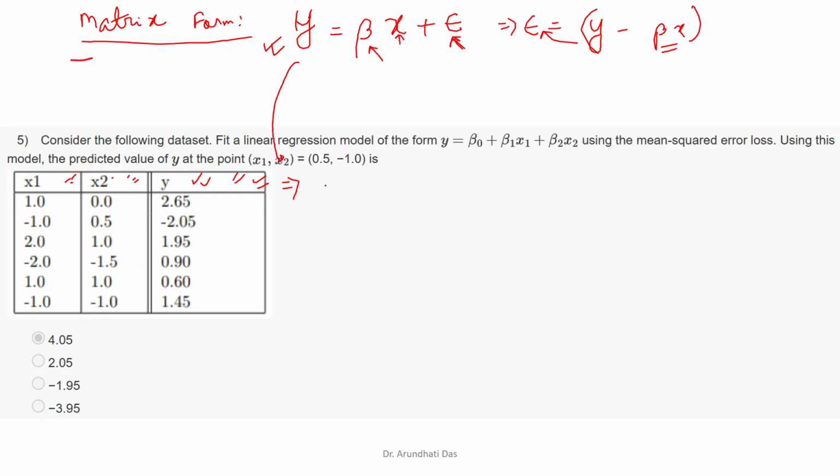From here, y, as I told, will be the vector, or this will be a 6 by 1 matrix or 6 by 1 vector because it is having 6 values. So 2.65, then minus 2.05, then 1.95, then 0.90, then 0.60, then 1.45. This is my y equal to